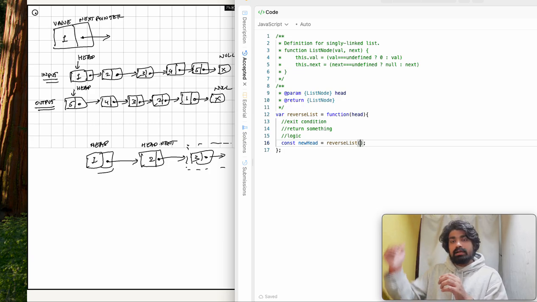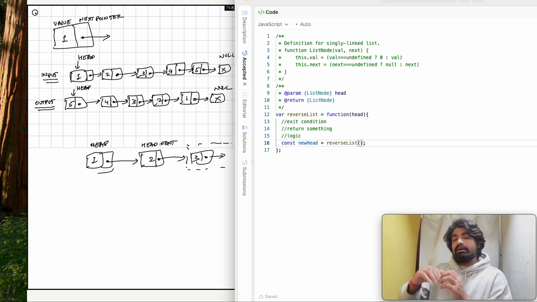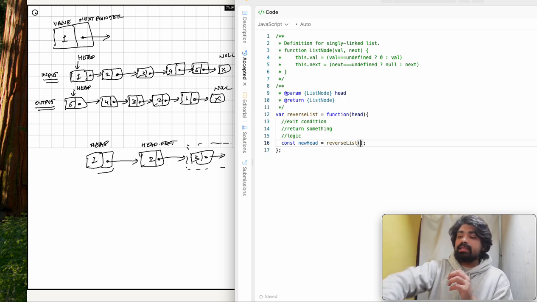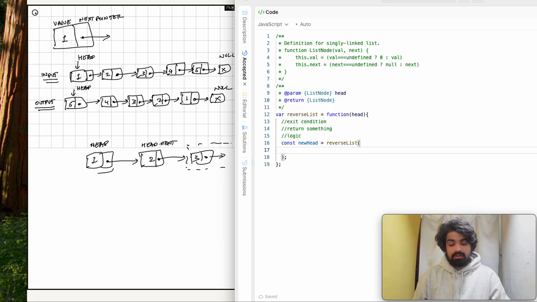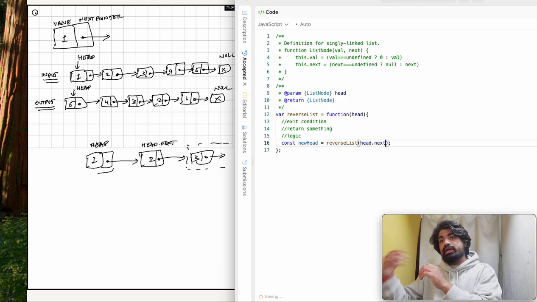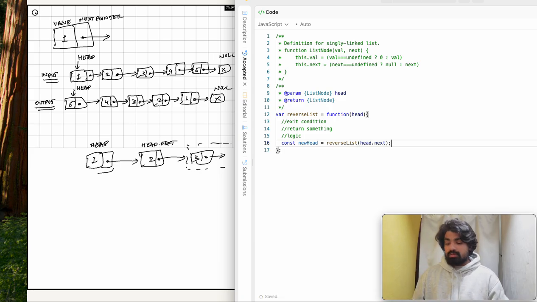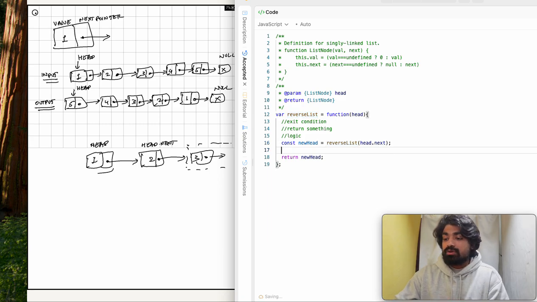So it will just get pushed in the call stack, and once you return, it's just going to get popped, and in the end we are going to be left with head as 5 here. So when we call this reverse list, we will just pass head dot next and just keep going to the next node in the thread. Now after we have the new head, we just return it, as part of our solution, because ultimately we have to return something, and that something is going to be this pointer having the head pointed